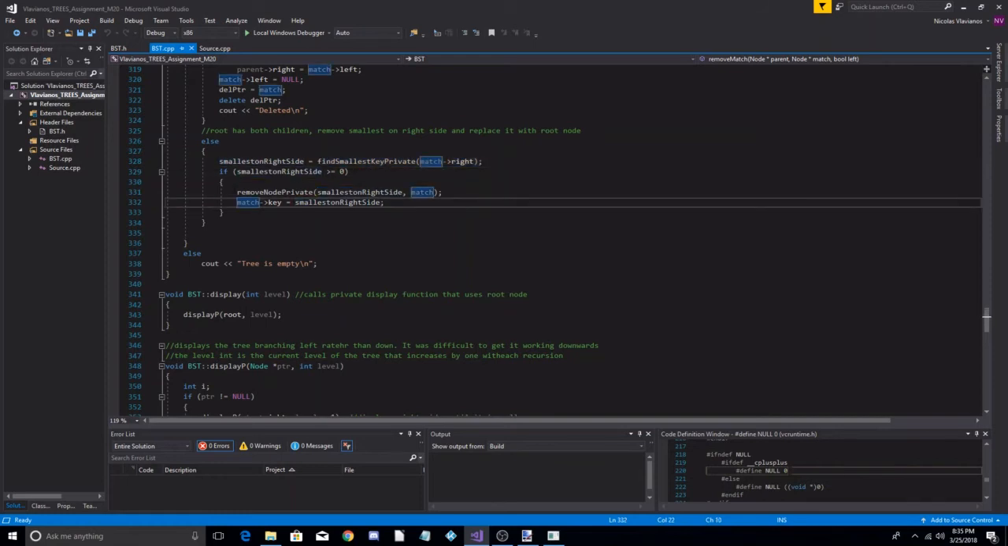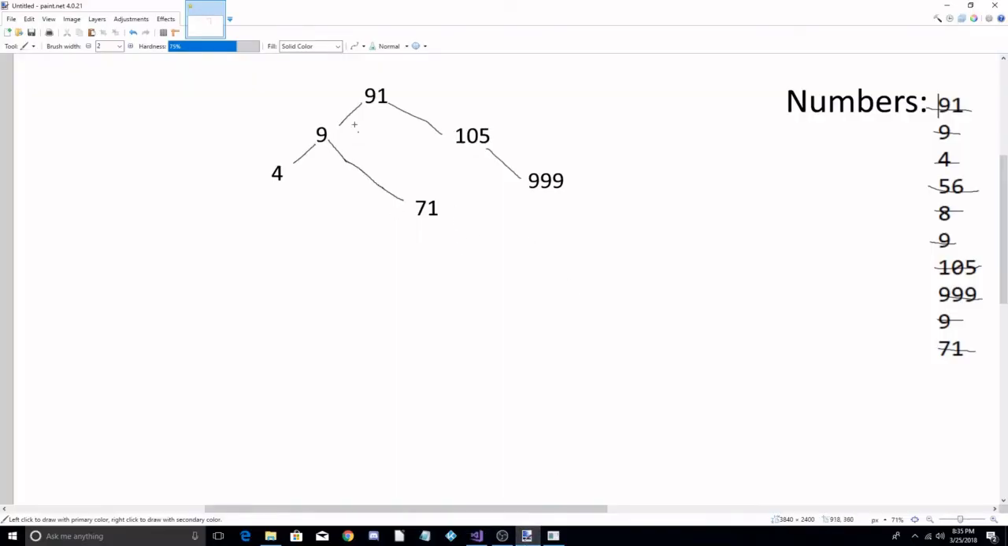Then we find if the smallest on the right side is greater than 0, then we remove the private node of that key, and then the match key becomes the right side. So in simpler terms, here we have 9, and because we have to choose between that or that, the best one to choose is the smallest on the right side. We want to pick this side because we know that the right side is always going to be bigger than